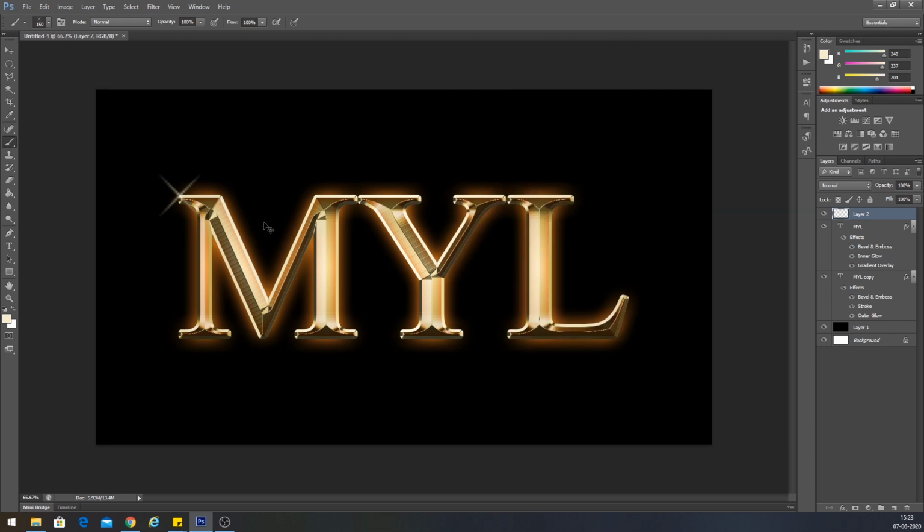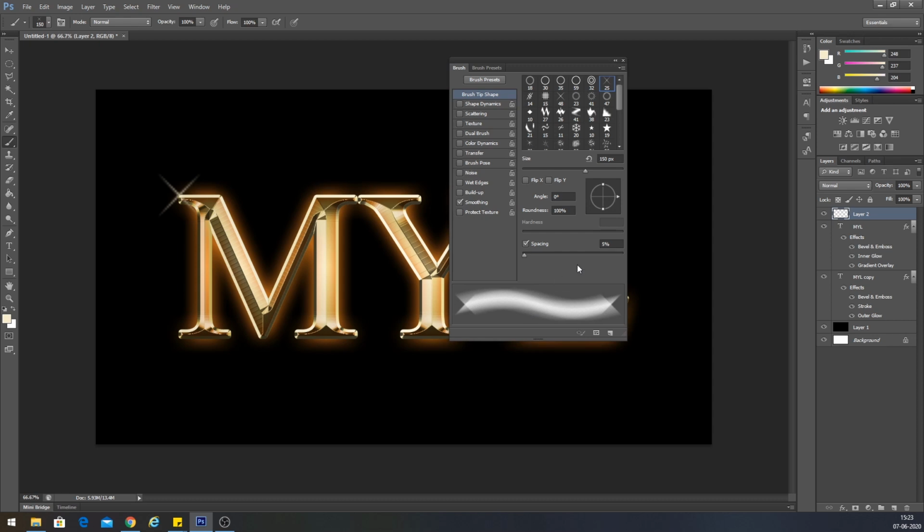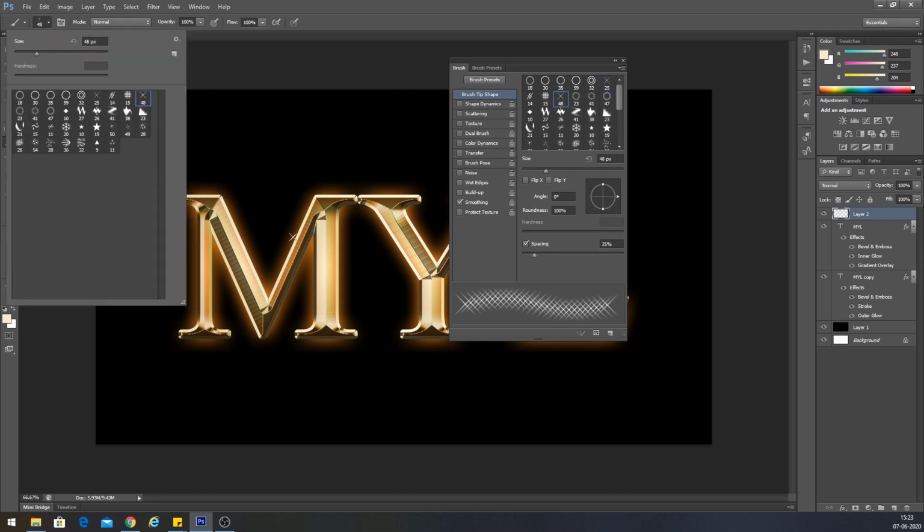Okay, now it's much better. Go here, you can see the difference. Okay, there's no difference, there's some error in my software, so that's why the spacing is not coming properly. So I think I will choose another brush.